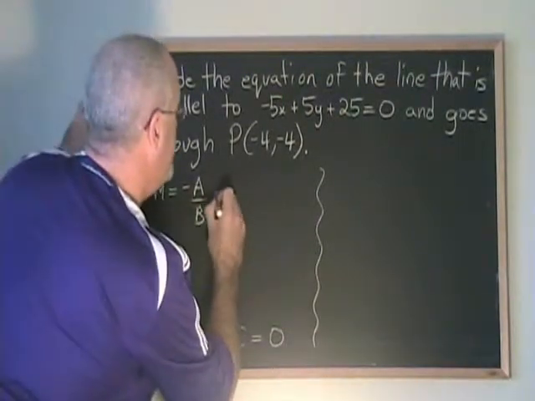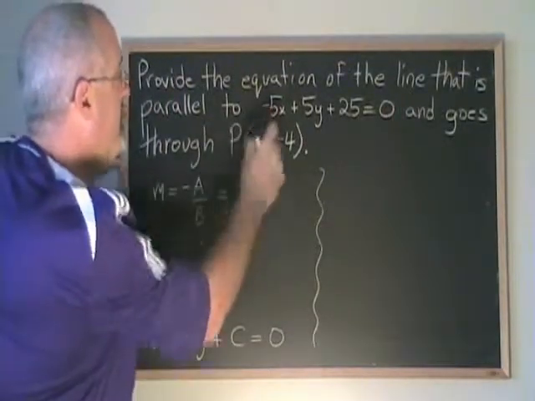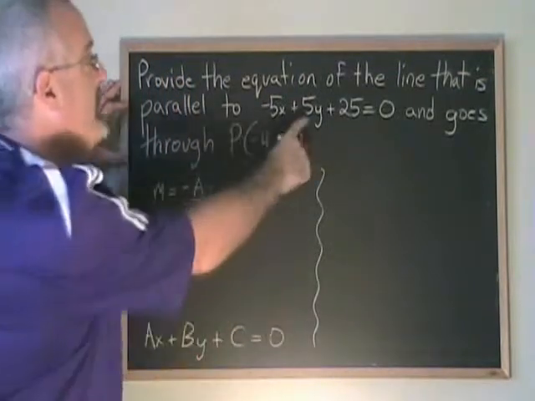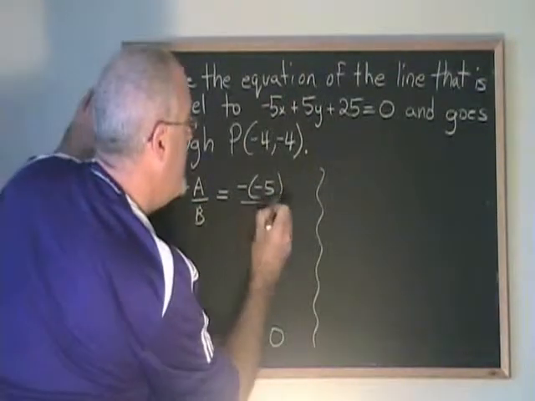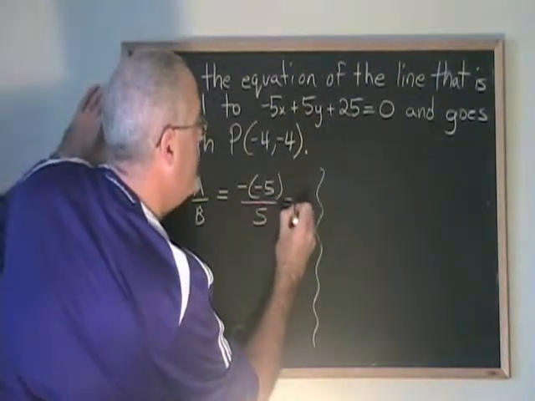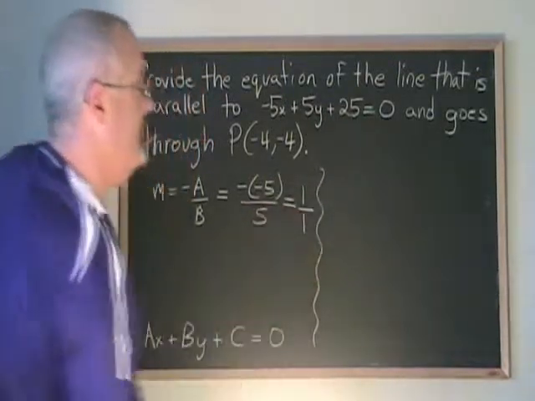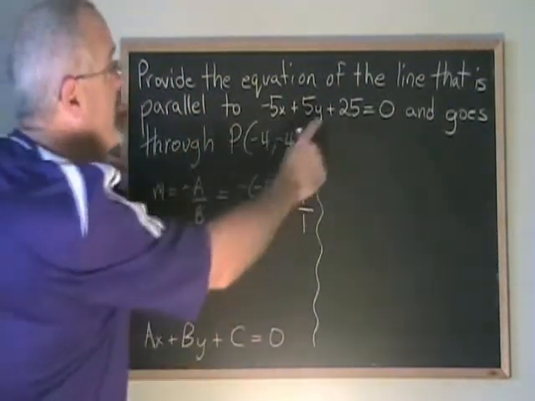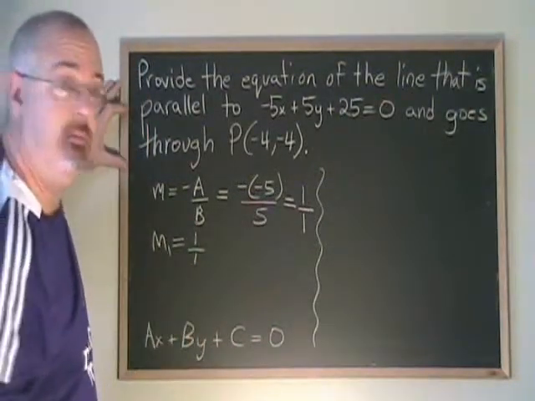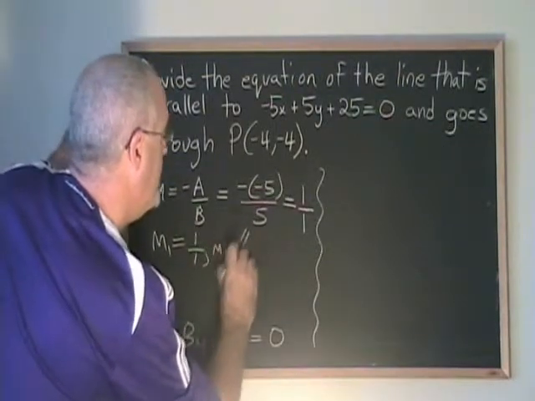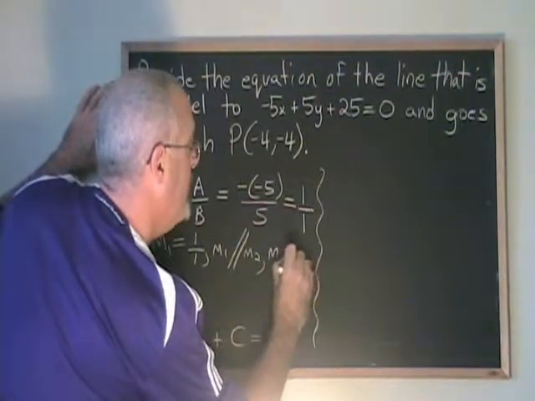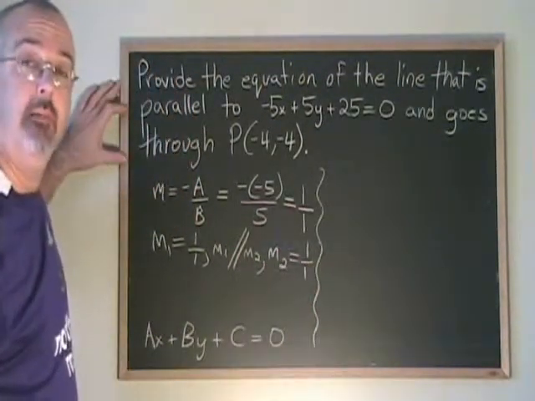In this case, a is -5, so -a becomes negative of -5, and b is 5. Simplifying, this becomes 1 over 1. The slope of the line that I am given, m1, is 1 over 1 in fraction form. m1 is parallel to m2. Therefore, the slope of m2, the line I am looking for, is also 1 over 1 because parallel lines have